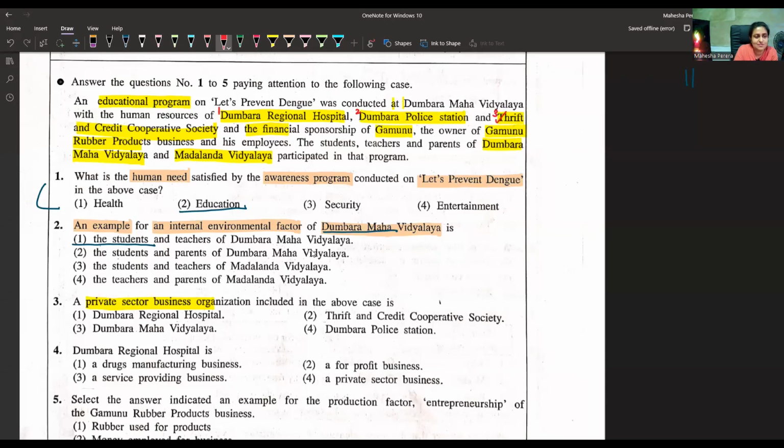You can write this one. Ne? This is a private sector one. Cooperative societies are private sector businesses. Ne? What about the others? These two schools, they are definitely